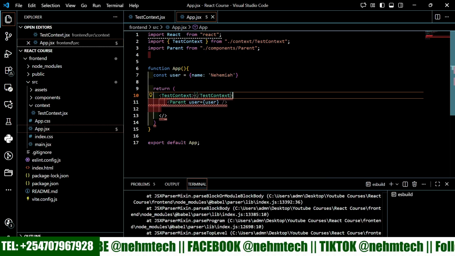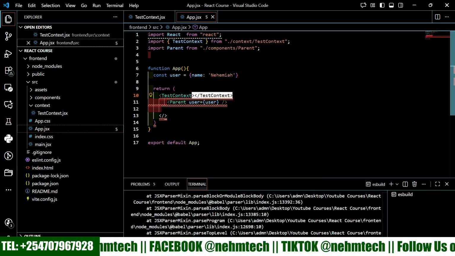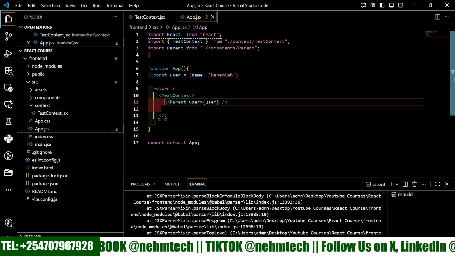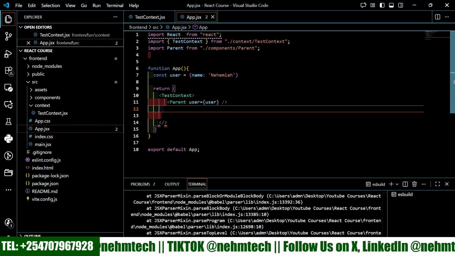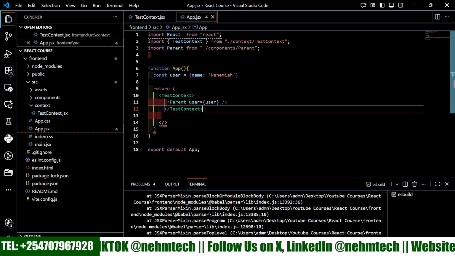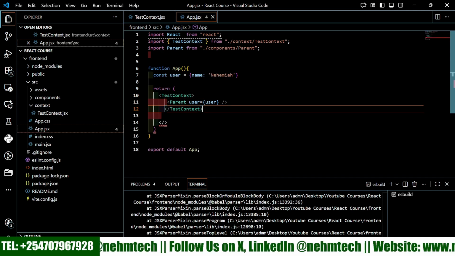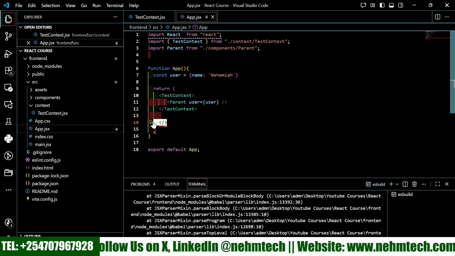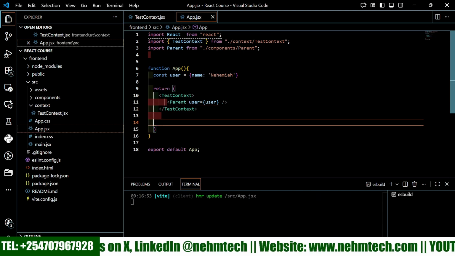And you want to make sure that you wrap your entire parent component with this test context. Every component that will want to use this test context, you can just define them on this parent one. So here, and then of course you'll need to use also some built-in